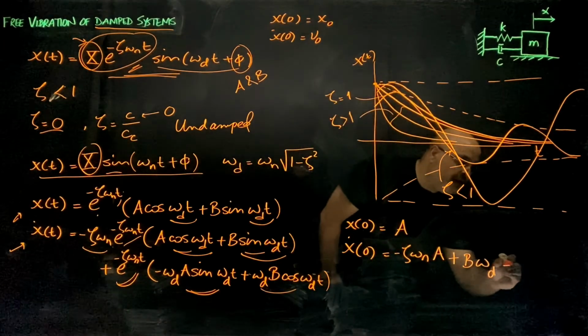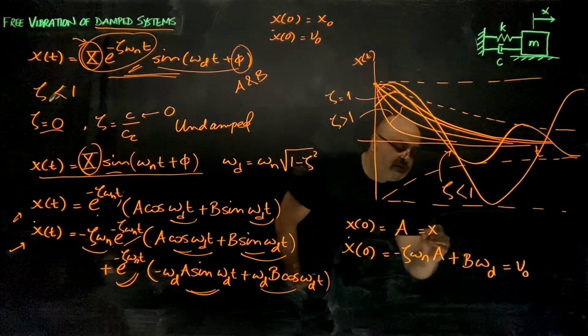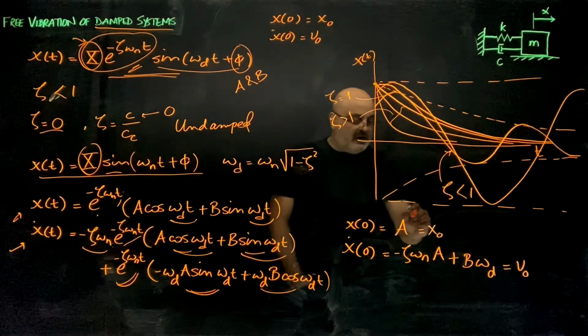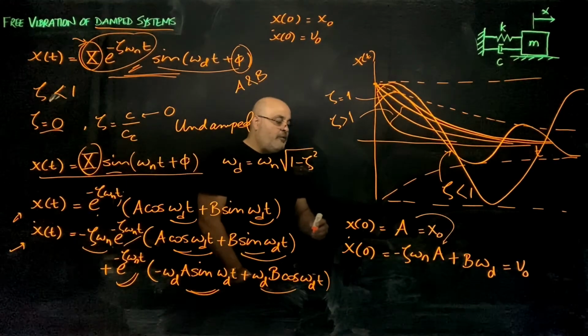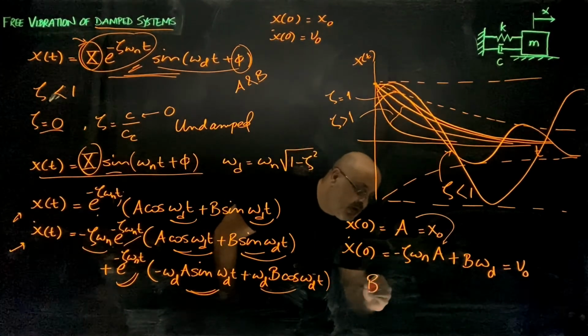And this is equal to v0, and this is x0. So if I substitute the value of a here and solve for b, I will find out that b is